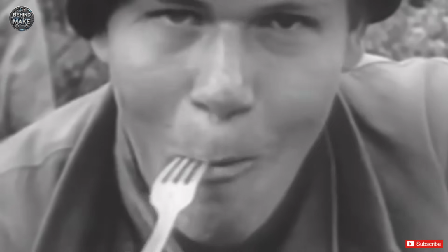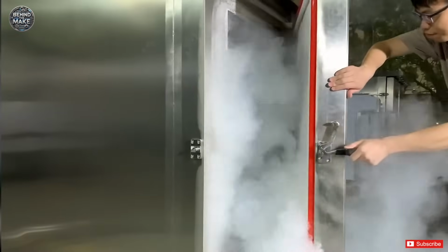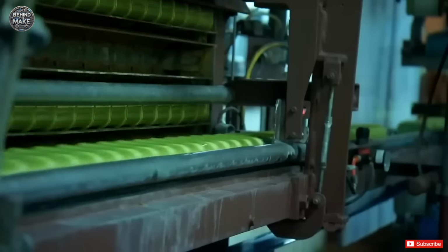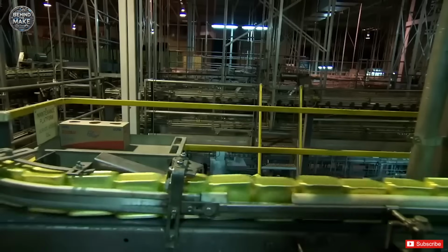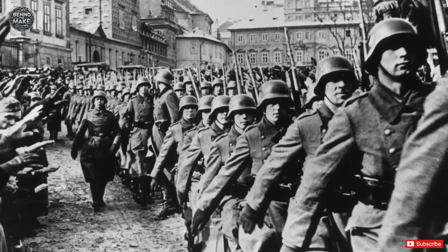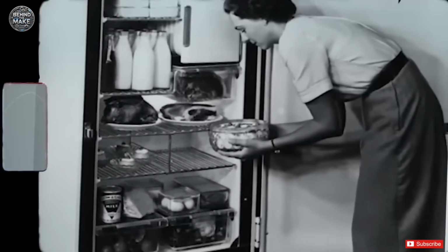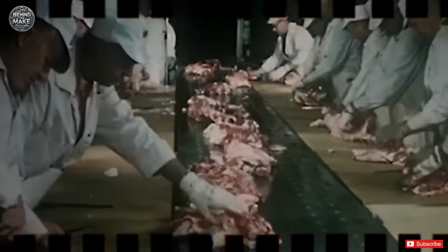In the years following World War I and the Great Depression, there was a growing demand for affordable, shelf-stable protein. Advances in technology, like refrigeration and assembly lines, made it possible to produce and preserve large quantities of food. By the time World War II began, Spam had become a staple in military rations, providing a reliable source of